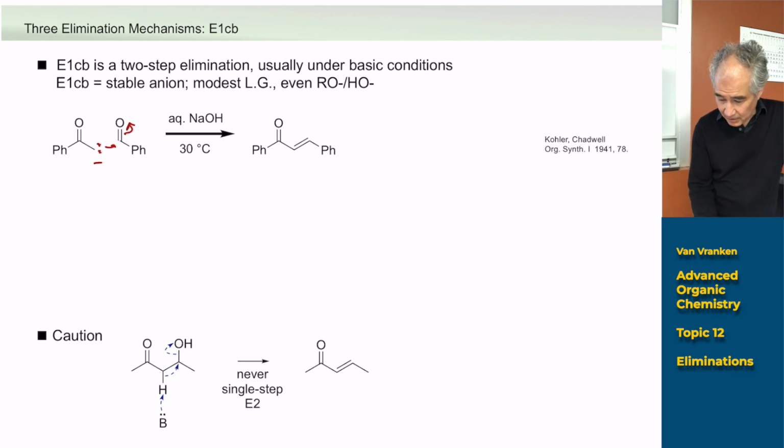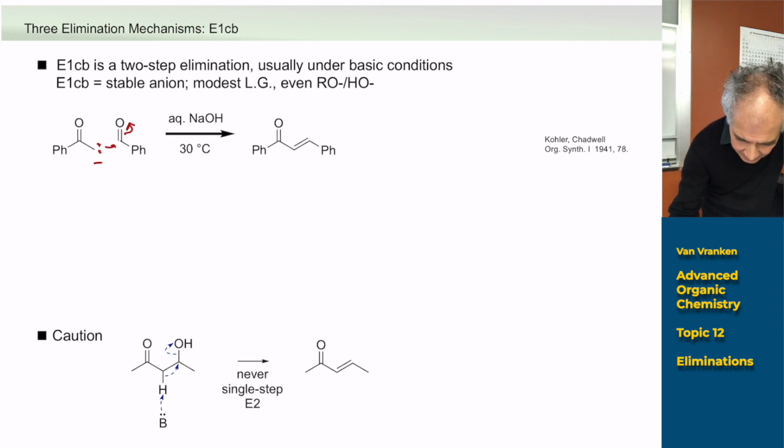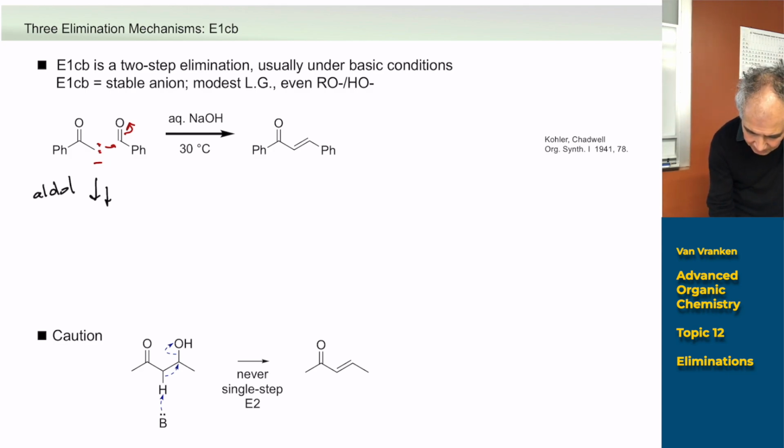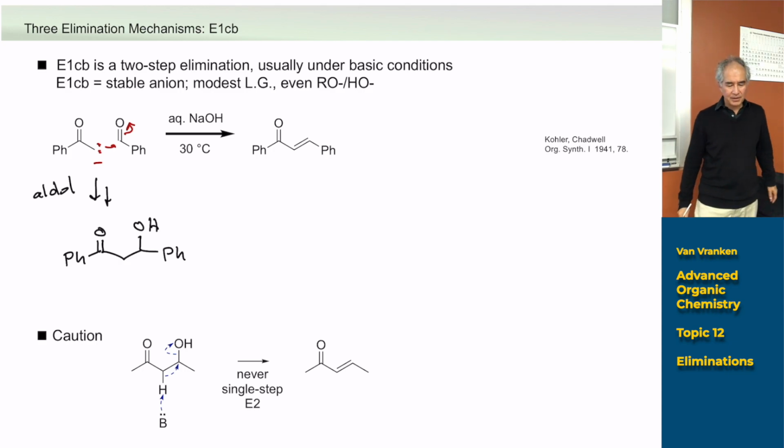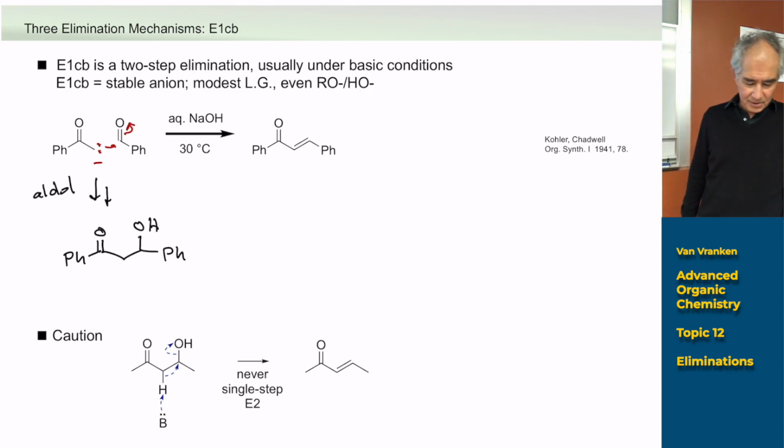So I'm not going to show you all the proton transfers in this aldol process, so I'll just write the word aldol here. If you don't remember that, you can go look up that bond-forming process. But the intermediate that you get in an aldol reaction is an alcohol. Here's the alcohol. There we go. I'm not showing you, you have to protonate the O- in another step, but that's the intermediate you get. And under these conditions, sodium hydroxide, just slight heating here, to make the reaction a little faster,